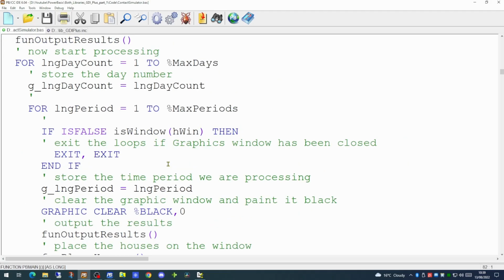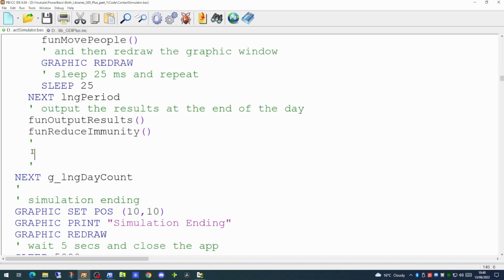There is a for next loop running from the first day to the 14th day of the simulation. You can run the simulation for more or fewer days by amending the max days constant. So before we start the next day, we want to save the current contents of our graphics screen to a disk file. This will allow you within your applications to generate image files at any point within your application. So you could have a console application whose sole task in life is to generate images.